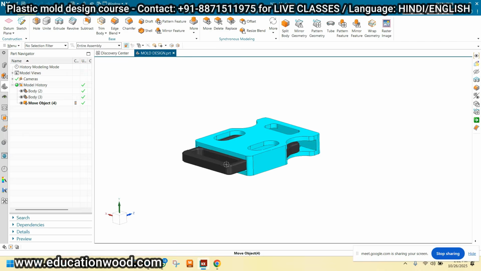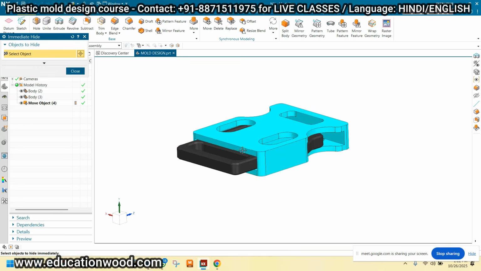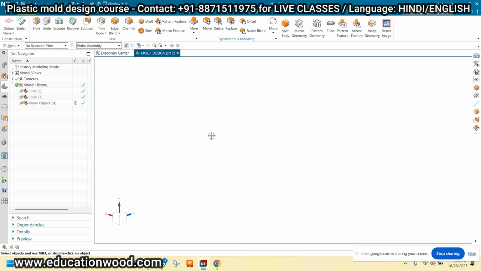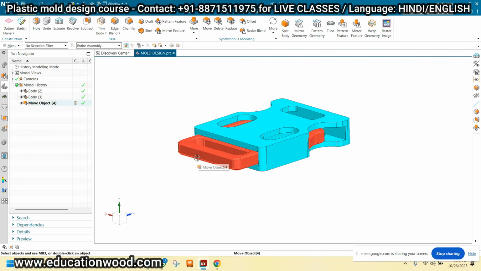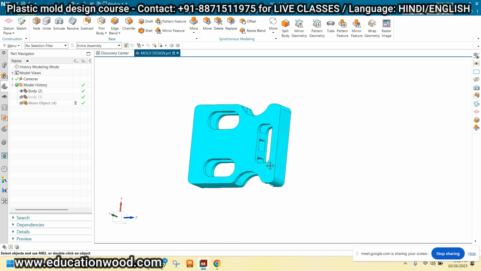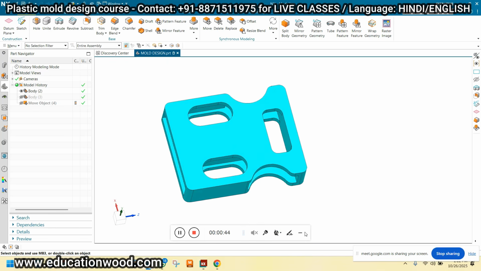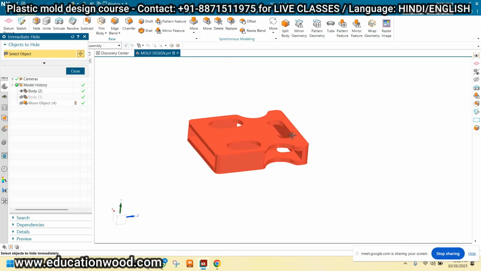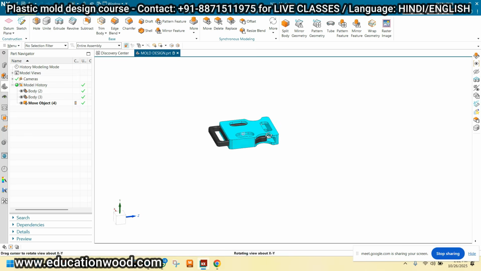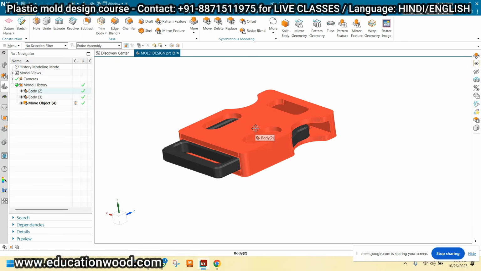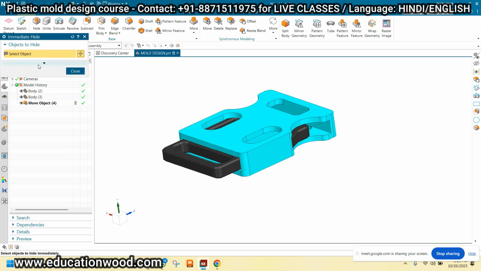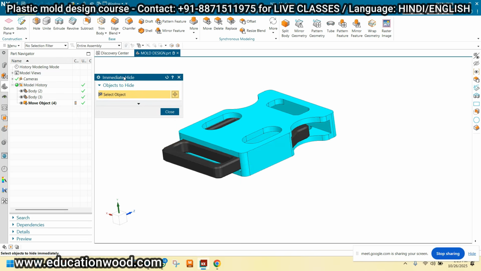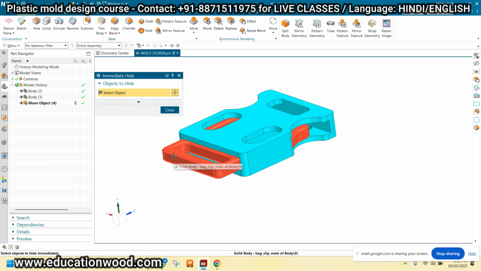Now see, this is the inner part and this is the outer part basically, right? So here I'm just hiding this center component. Control Shift I. I for ice cream, I for India. So Control Shift I, just click. You will get this immediate hide option. So basically, you have to just click the body, and it will be hidden.